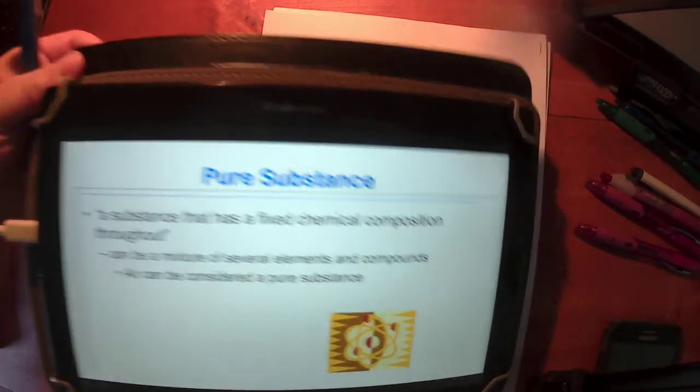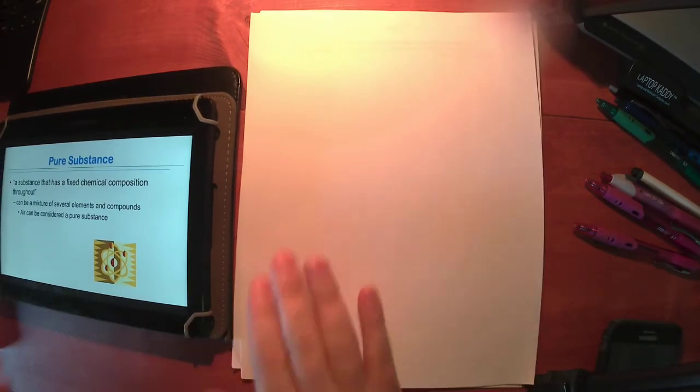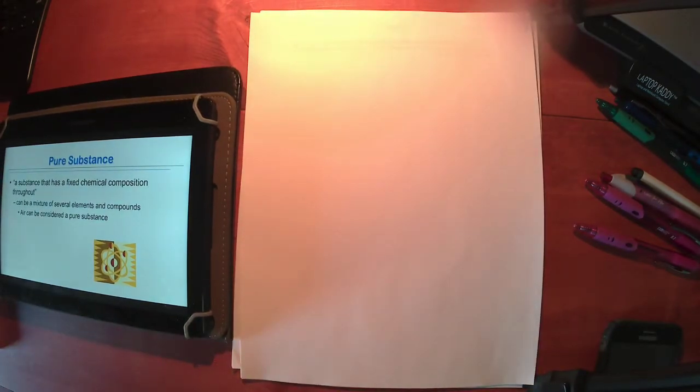Let's continue on. We spent some time in chapter 2 of this text talking about